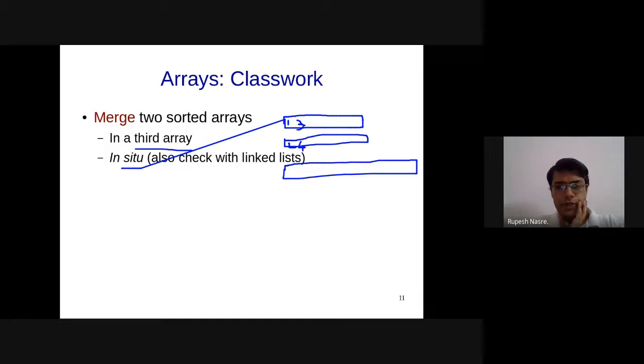Don't worry if one of your friends is pasting the code in the chat box. Think about it on your own. That is very important. And once you have written it, either you can share or you can refer to the code that is pasted. And feel free to paste your code, not a problem. Even if it is wrong, it's perfectly fine. We are going to learn by making mistakes. And what Visharad has pasted in the chat box seems to be the correct code, unless you are able to find some mistake.